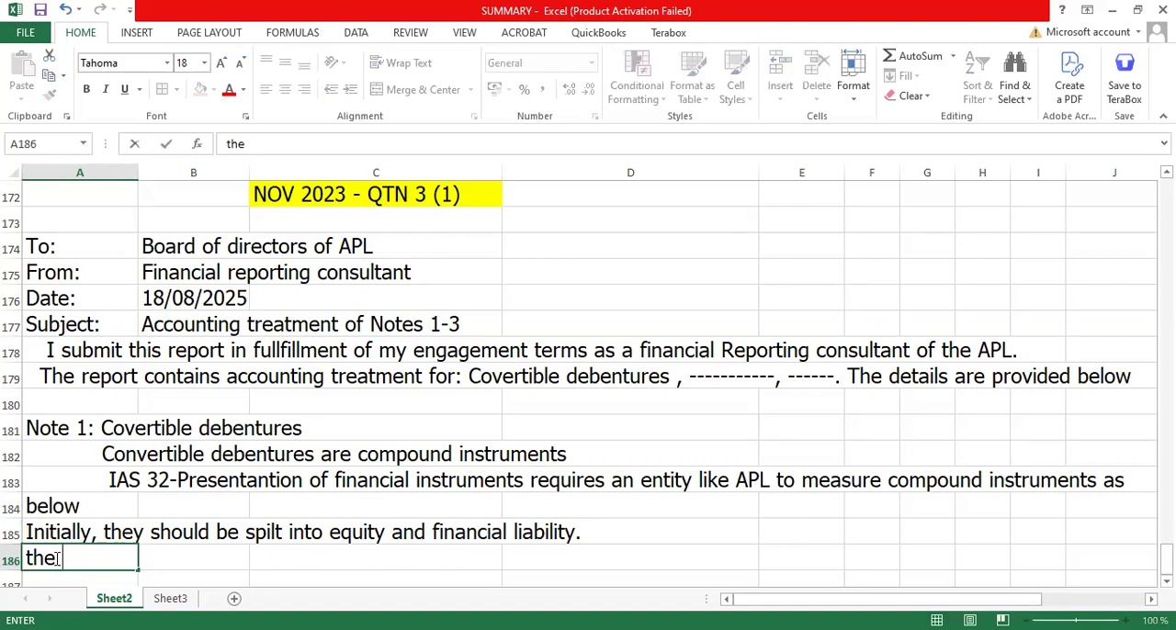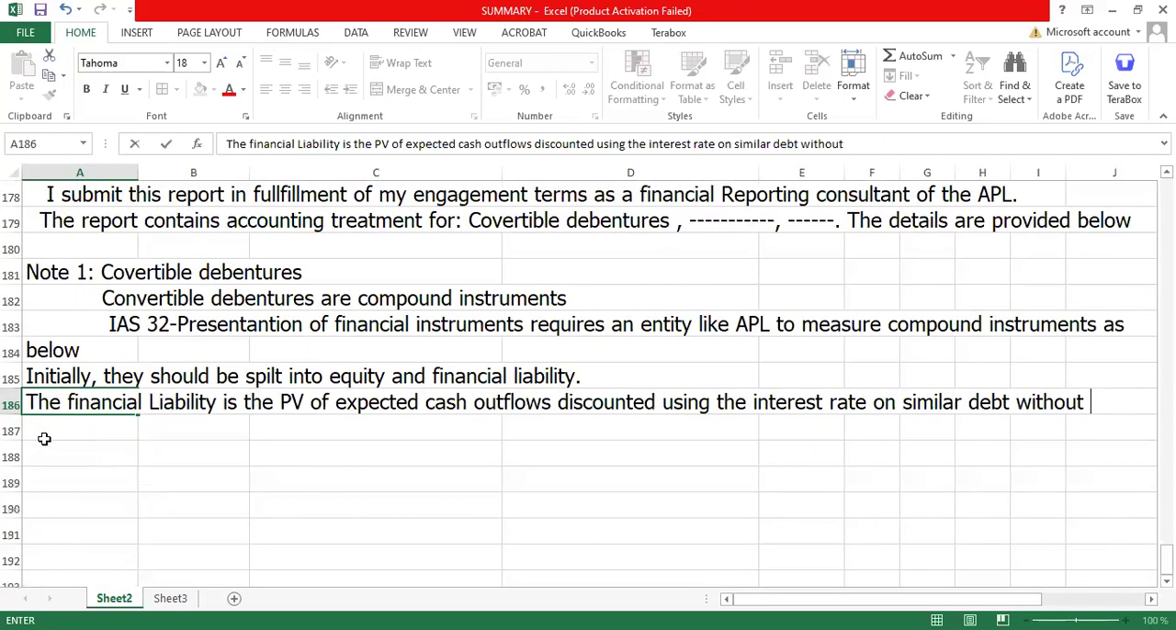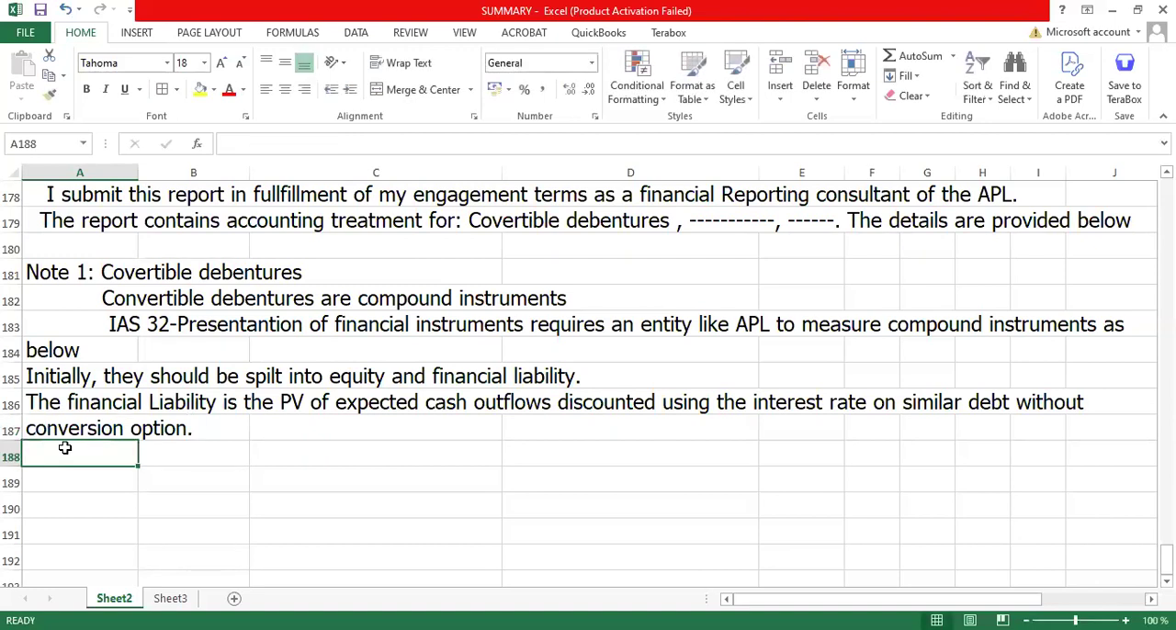Then our financial liability is the present value of expected cash outflows discounted using the interest rate on a similar debt without conversion. Okay, so this means that as you get your financial liability, therefore our financial liability